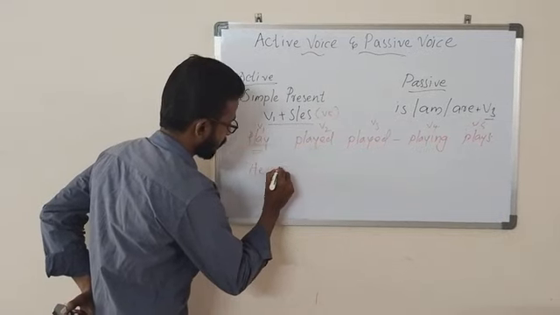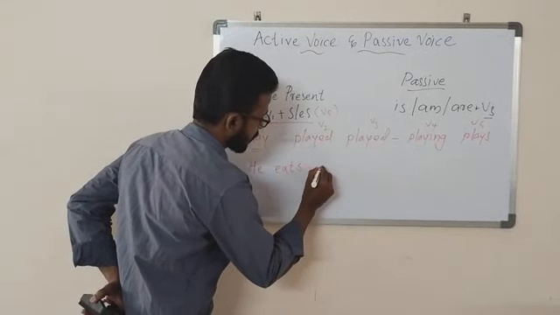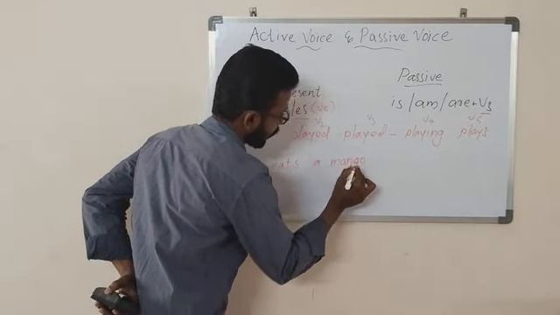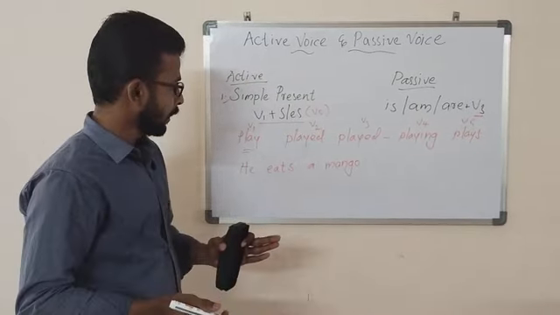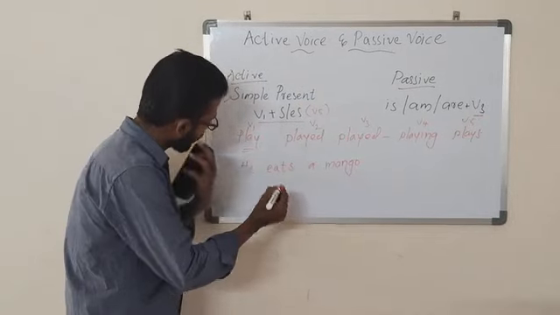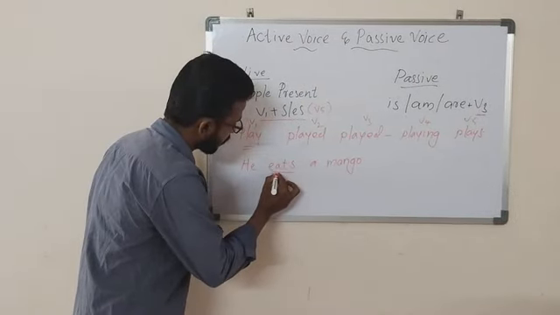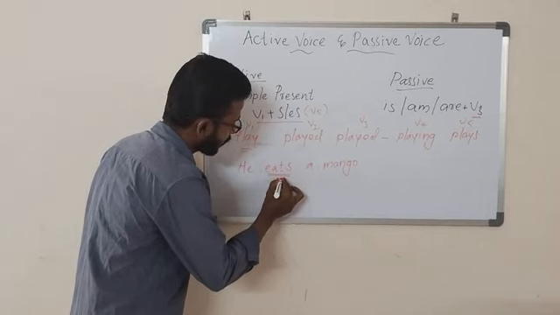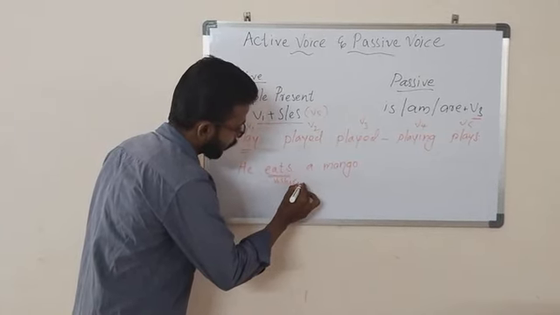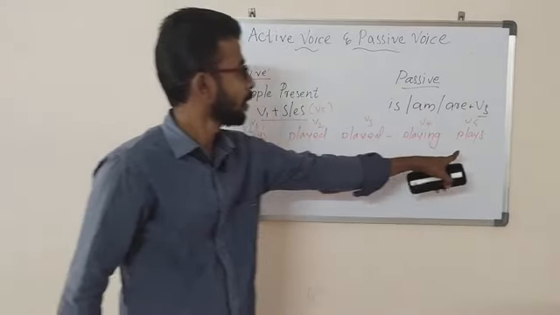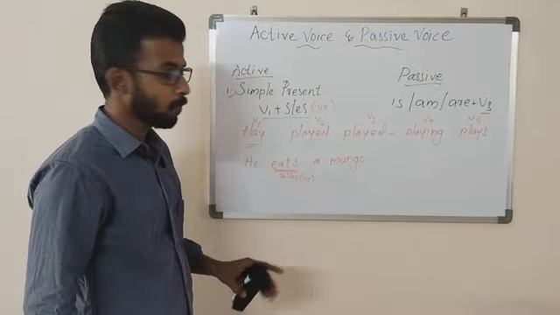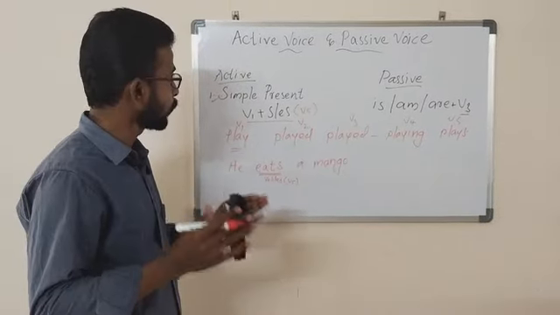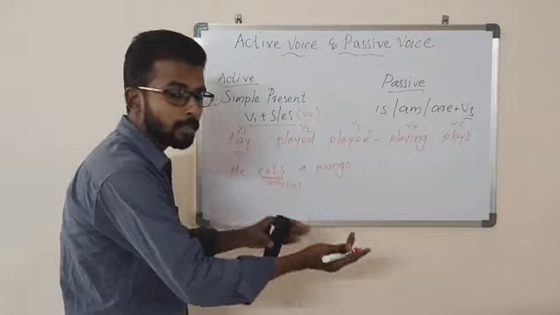He eats a mango. You see, in this sentence, he is the subject and eats, the verb which I have underlined, is V1 plus S or ES. That means V5 form. Okay. So while you are changing according to passive voice rules, an object should come into the